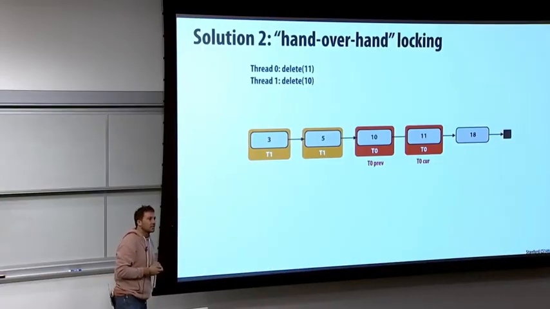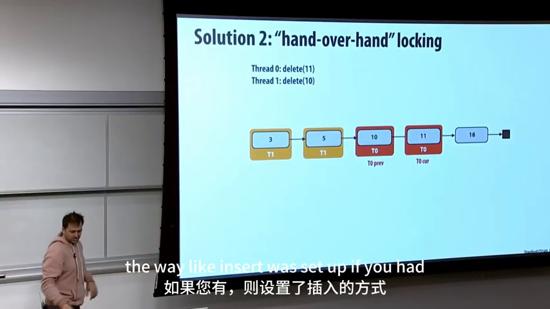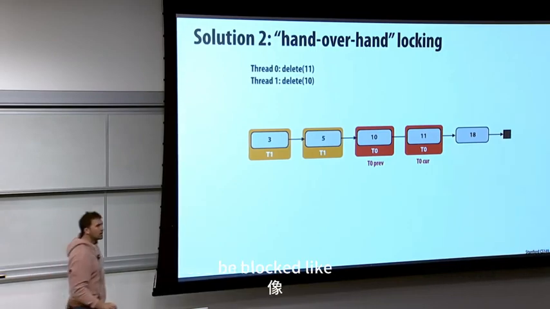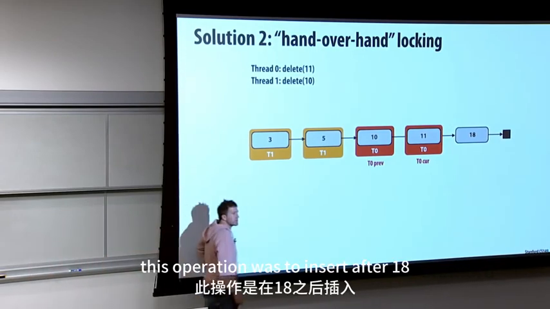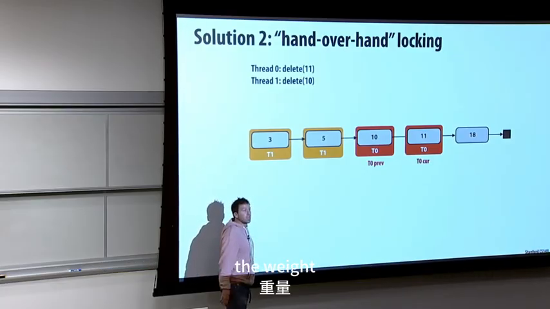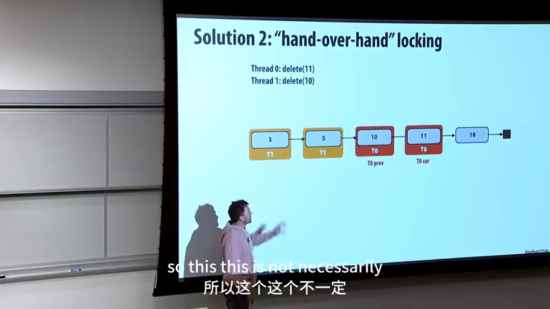Yes? Insert was set up, if you had, I don't know, thread 2 come in and start after thread 0 and thread 1 in this case, would it be locked in, like if its operation was to insert after 18, but it started after these 2 operations, would it still have to wait? That's correct. So that's a nice point. So this is not necessarily